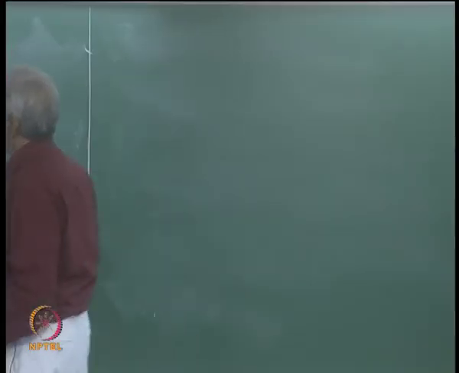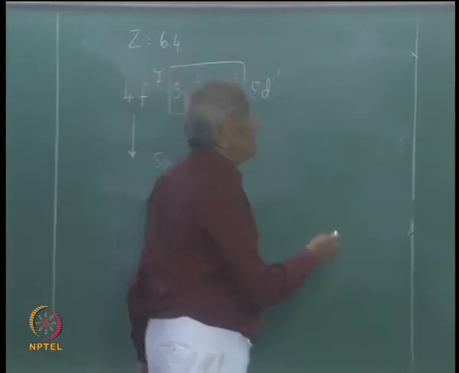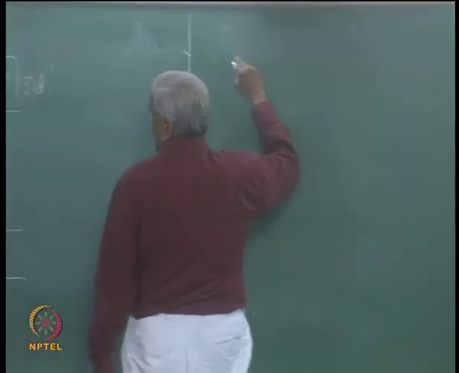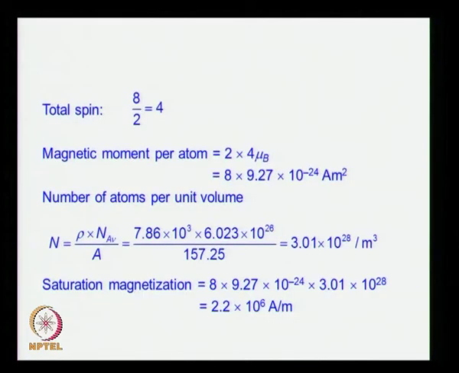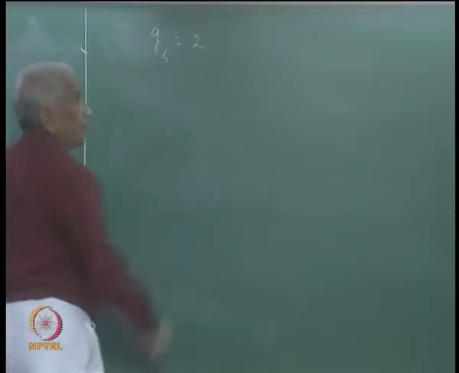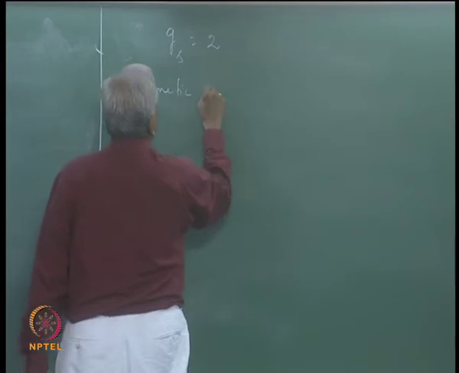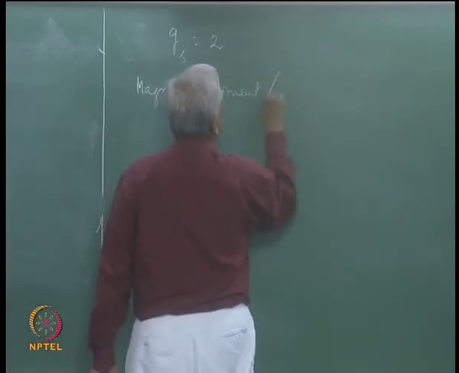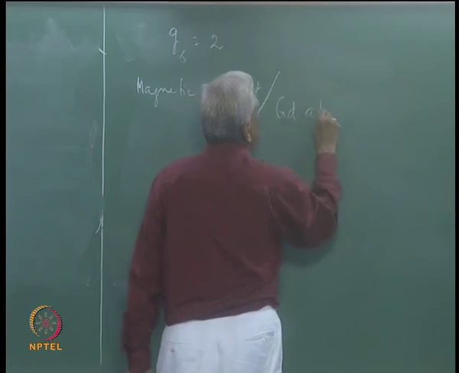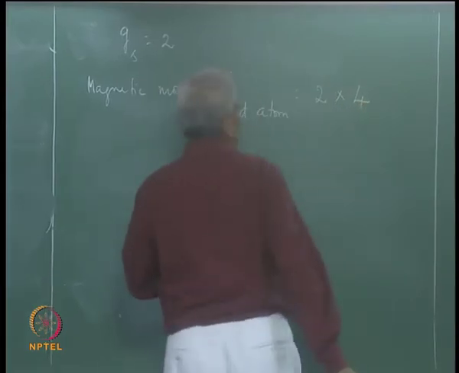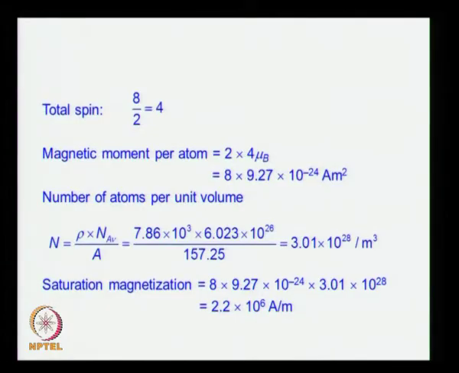Gadolinium has a half filled shell, so it has an S ground state. So, the angular momentum is only due to spin, and the spin only g value is just 2. So, the magnetic moment per gadolinium atom is the g value 2 times the spin in Bohr magnetons. So, this is 8 Bohr magnetons,